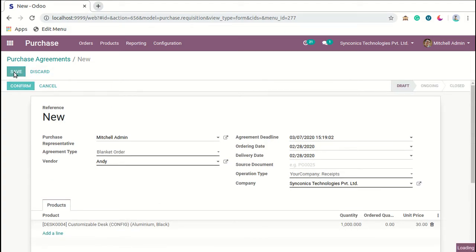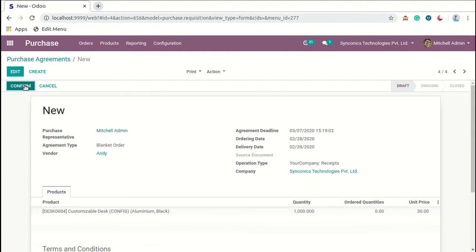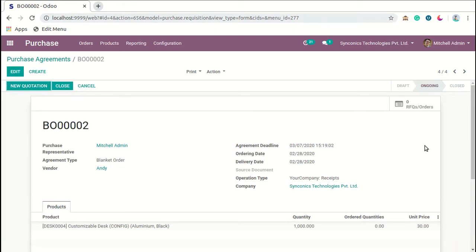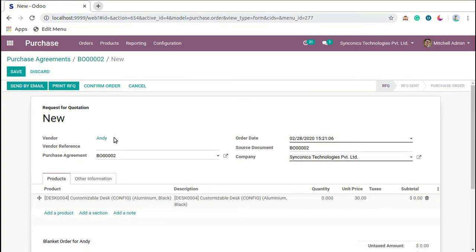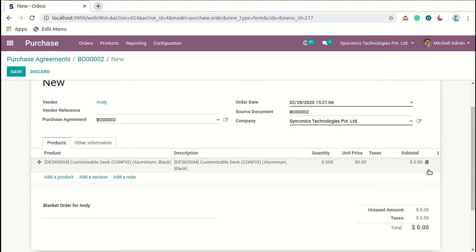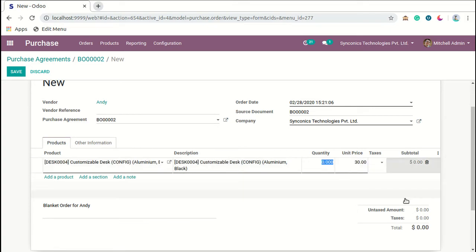Okay, so I will save this, confirm this blanket order, and as you can see, right now no request for quotations are defined over here. So I will create a new quotation for the related vendor Andy, and here I will define quantity